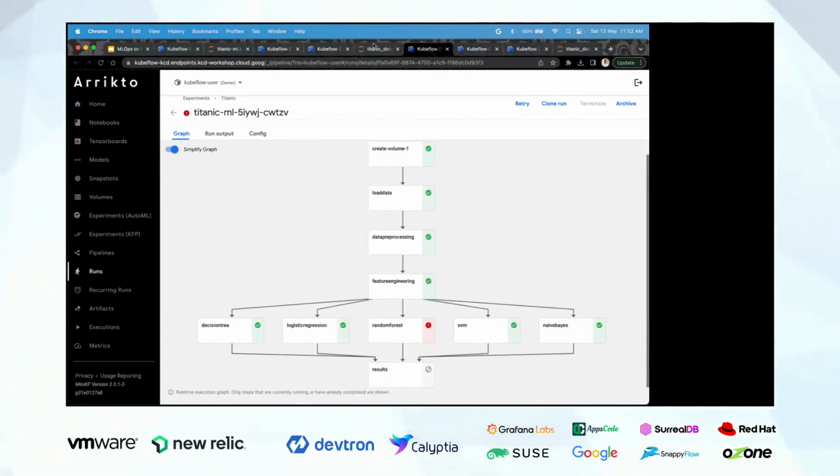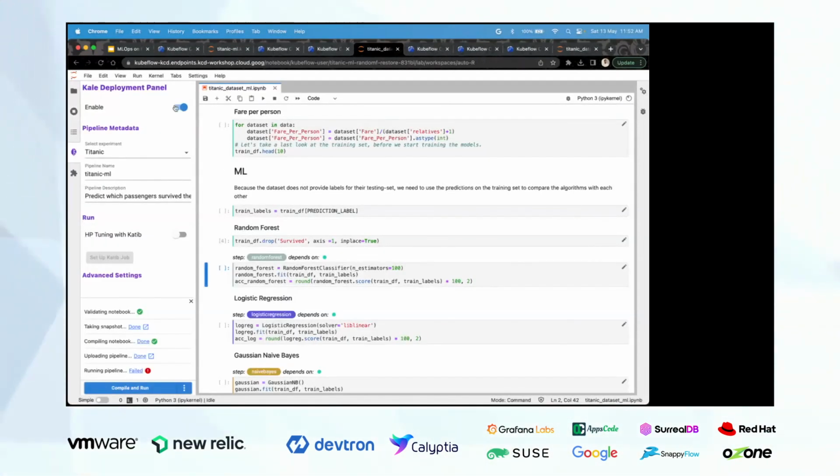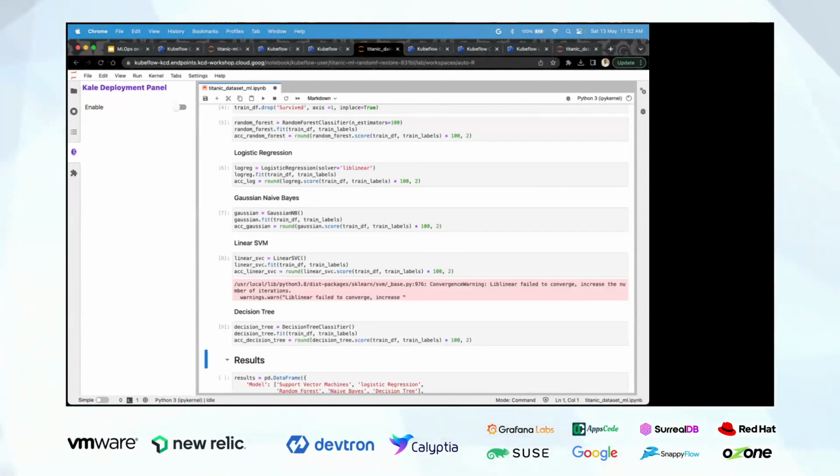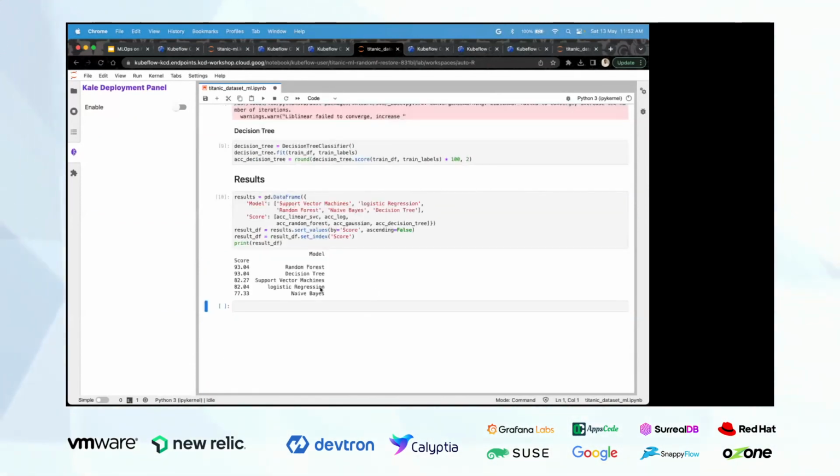So I will showcase the results via this notebook only. Say now we will train the model and see the results directly over here. We can see that it's not 100% for each of them, and random forest and decision tree give us the best results of 93.04. The rest all have scores somewhere in the range of 80s. So yep, this is it from my side.